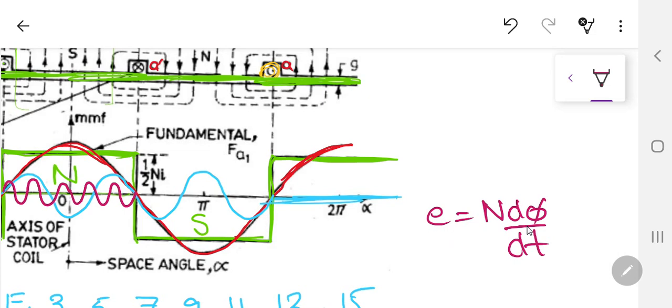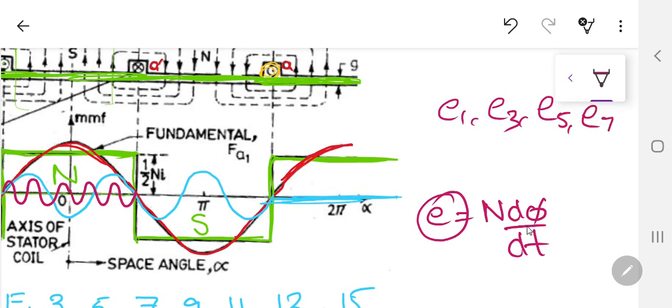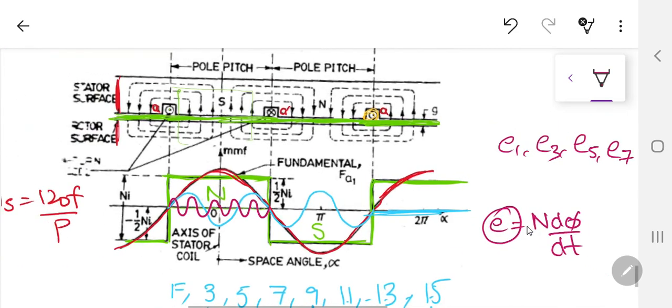So if phi is going to be the first harmonic, the fundamental, the third harmonic, the fifth harmonic, the seventh harmonic, the ninth harmonic, the induced EMF inside the rotor is going to be composed of E1, which is the fundamental. Then it is also going to be composed of E3, E5, E7 and so on. So this is very detrimental for the machine, having all sorts of harmonics, and these harmonics inside the rotor, when they produce their own amounts of current and their own poles, are going to cause a problem.